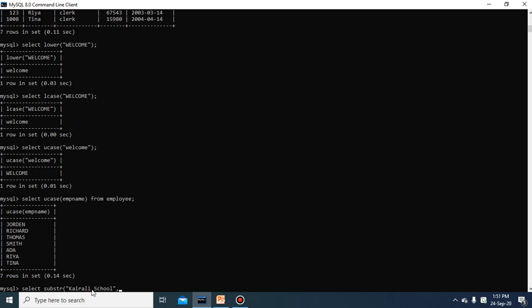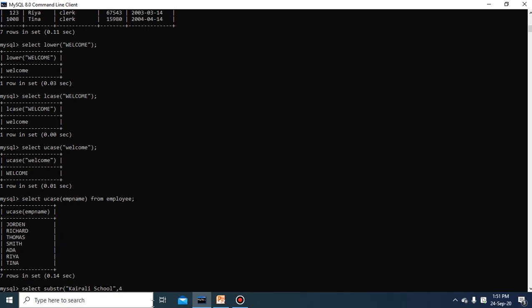Space will also be considered as 8, and so on you can count. So I want to extract RALA, these 4 letters. R is in which place? Its position is 1 2 3 4. So I will write here 4.